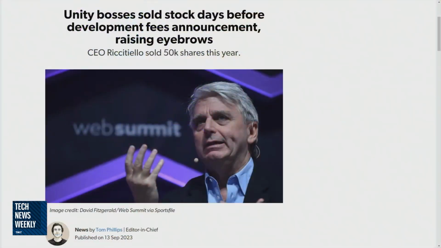Yeah, really good point. Somebody in our Discord actually just linked to a story posted yesterday about CEO Riccitiello. Is it Riccitiello? I'm probably mispronouncing his name, but how he sold around 50,000 shares of stock this year, obviously with this coming ahead. And I know that you mentioned in pre-show that you've been tracking a lot of the legal ramifications of this. I don't know if you know anything about this particular story, but in your work, really scrutinizing the potential legal aspects, what's your take on where this goes from here?